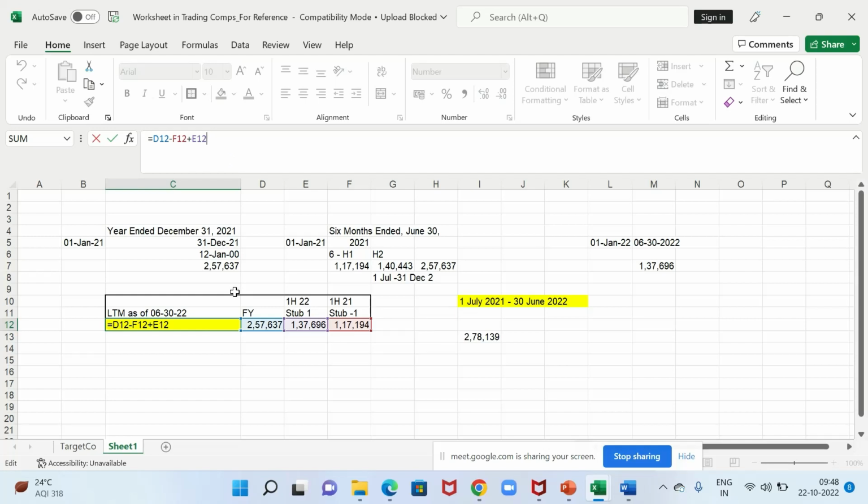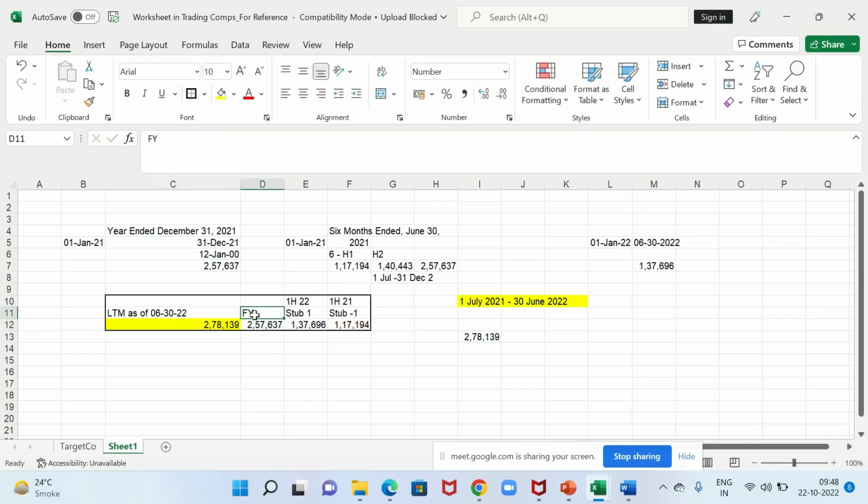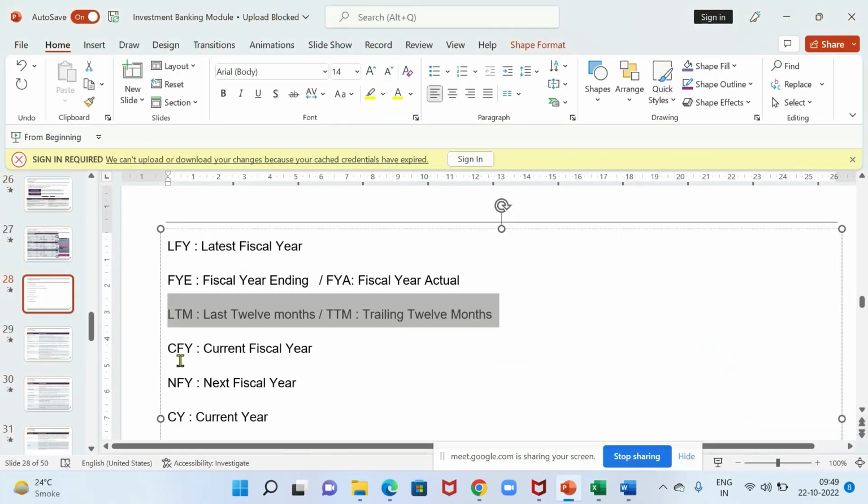This is pure plus minus, but we need to understand why we are doing this and what exactly is the output we want. For the full year, I have to subtract the first half, so I'll subtract this number and add the first half of the reset. So hence, I'm adding it in the full year.